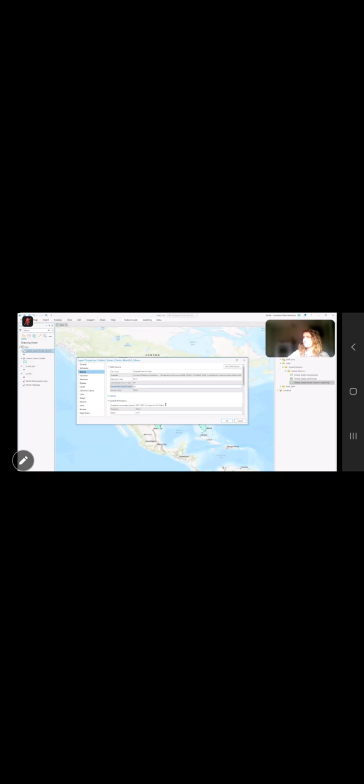Okay, so I have two data sets that were provided to me by somebody that I don't know. So the first thing we need to do is look at their spatial reference. Let's check out points, go to properties, spatial reference. Okay, it has a projected coordinate system.